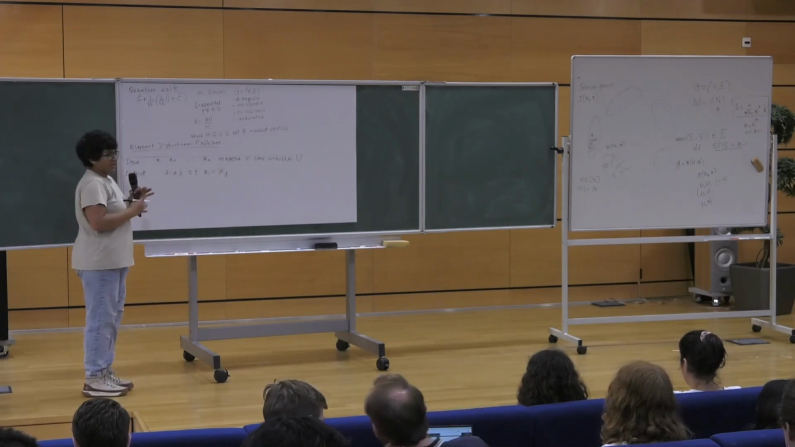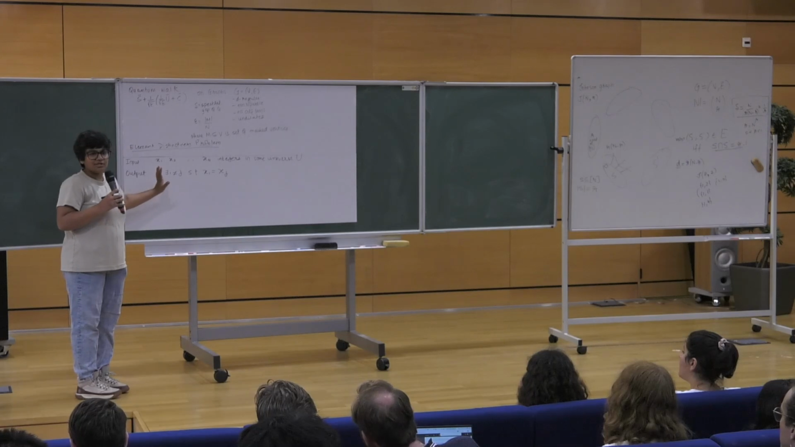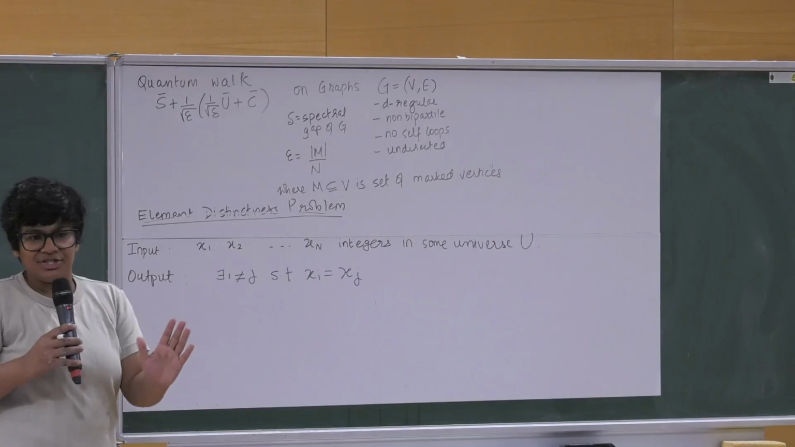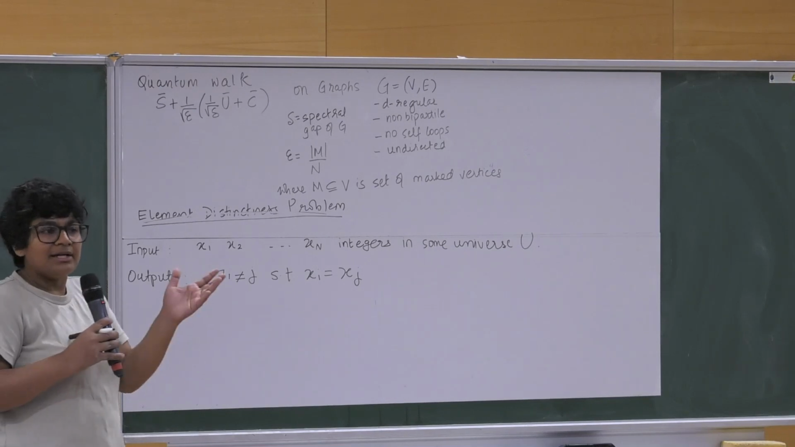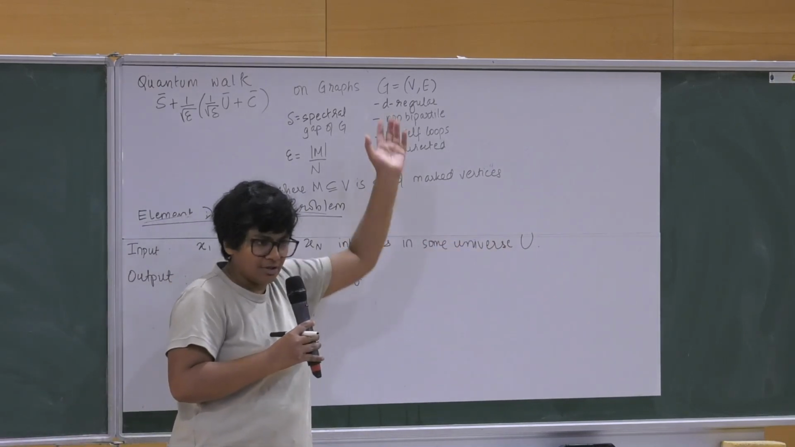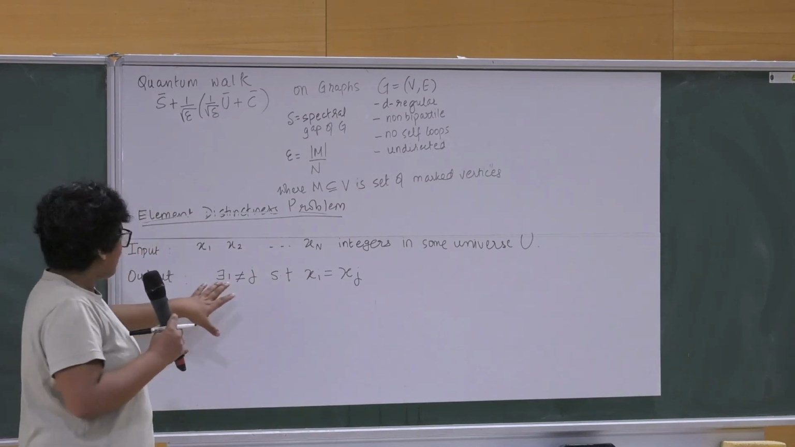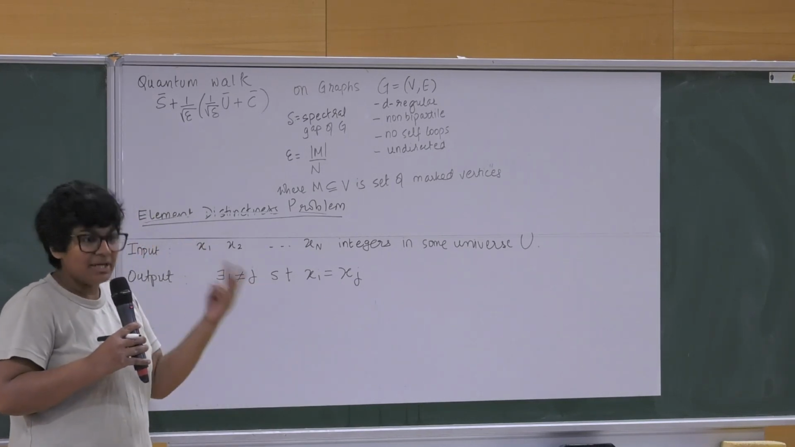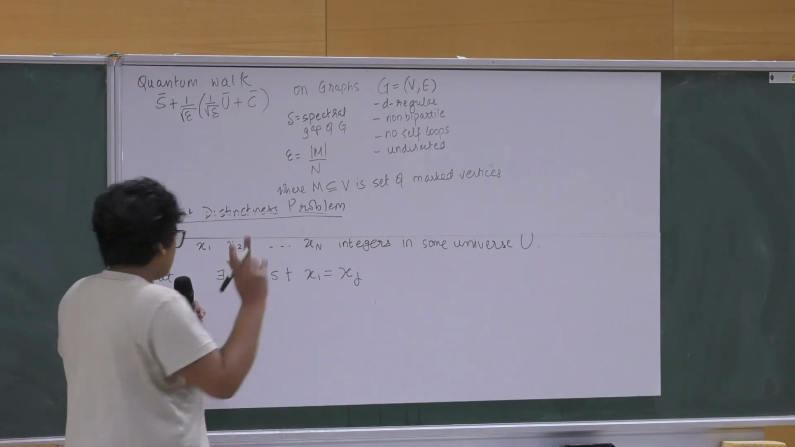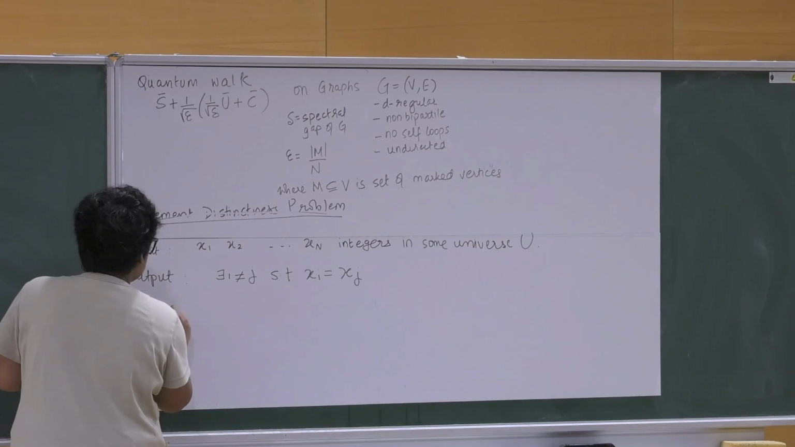Okay. So the setup of this question is called the element distinctness problem. You are given capital N integers. The integers can be values from some universe U, which is a set of integers. Now the task is to output whether there exist two different indices with the same value. And the additional promise that we will have,